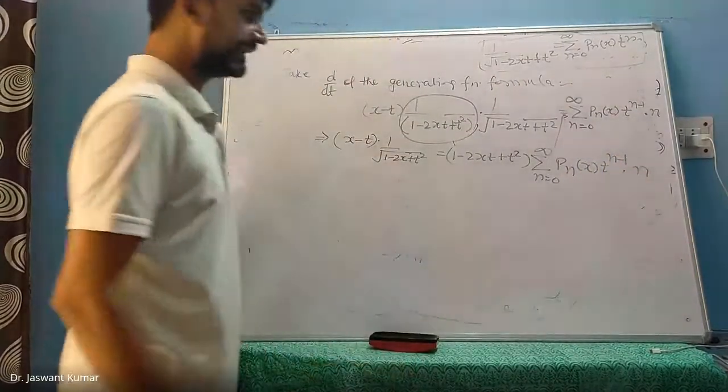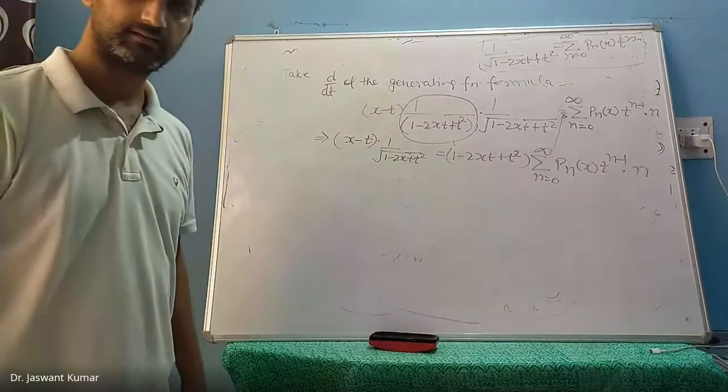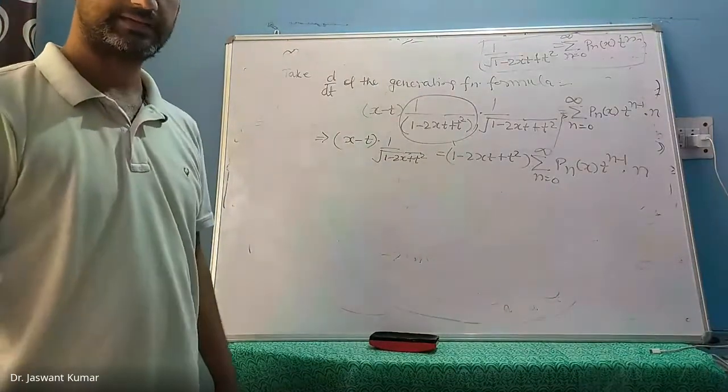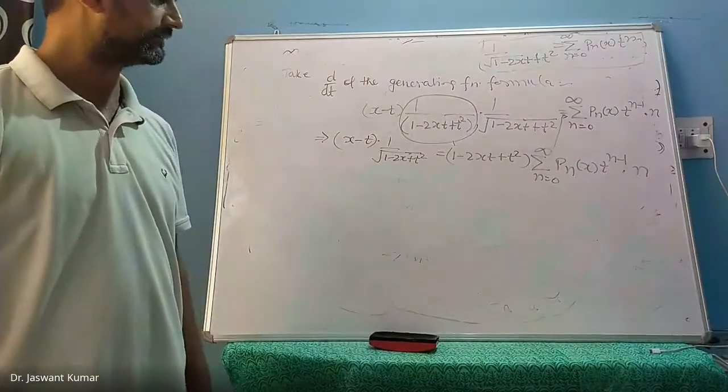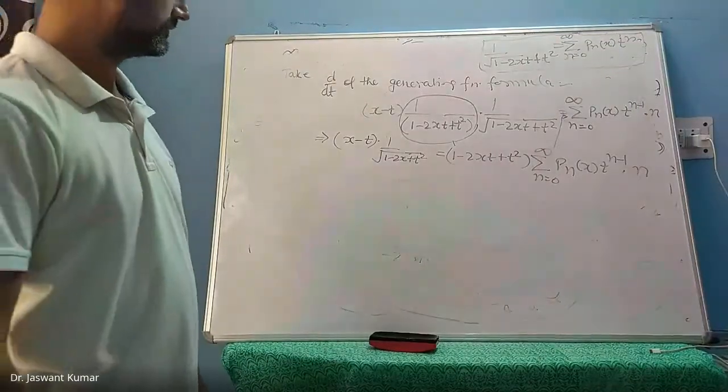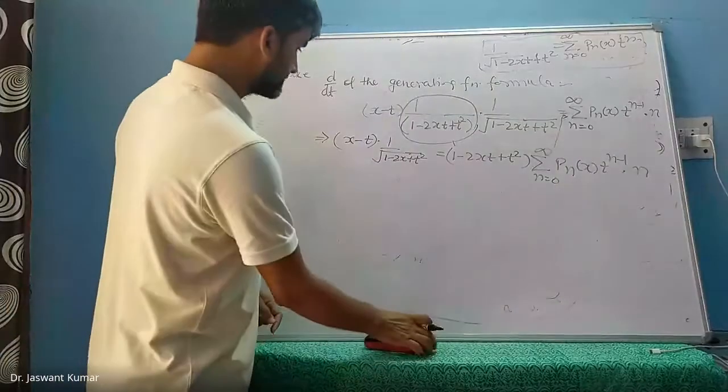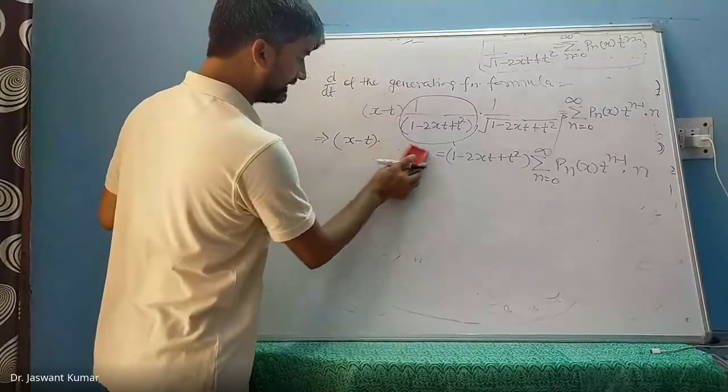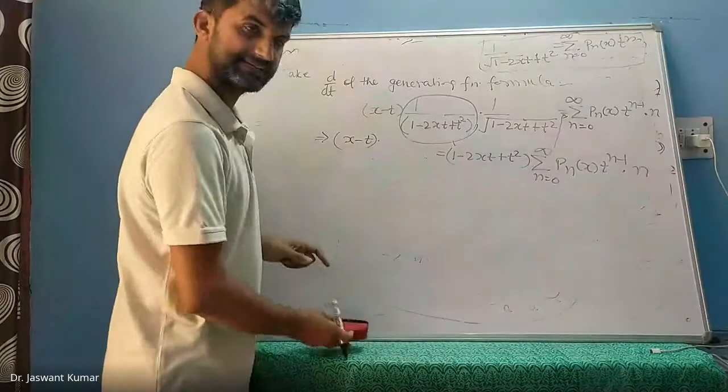Is this clear to everyone? Yes, sir. Okay. Then this 1 by square root of 1 minus 2xt plus t square